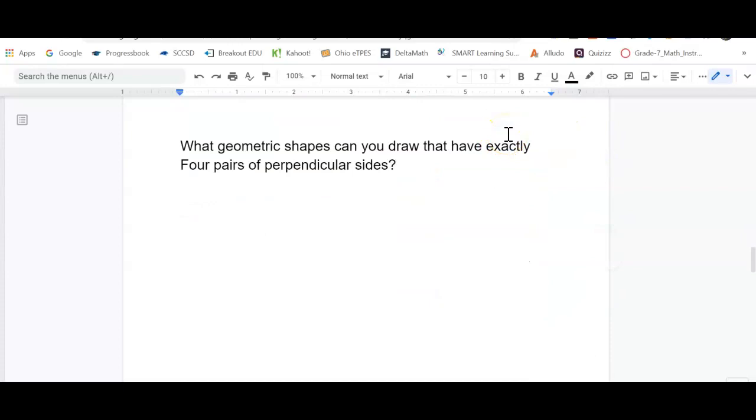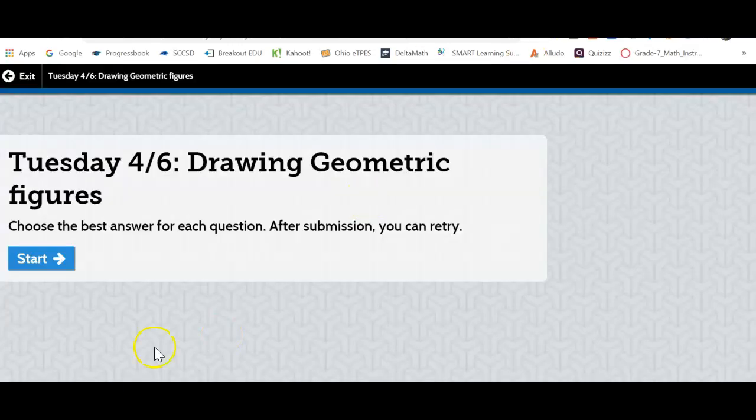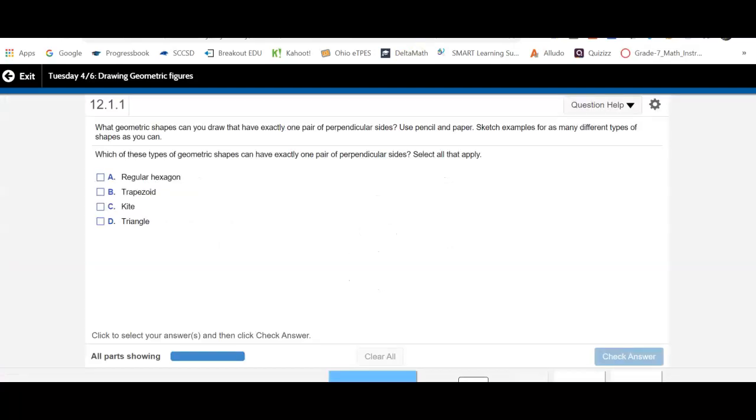And so what you're going to have on your homework tonight is this, where it's going to give you some requirements and ask you what you can draw from it. So which geometric shape can you draw that have exactly one pair of perpendicular sides? One pair of perpendicular sides. So what that looks like is this. So one pair of perpendicular sides is